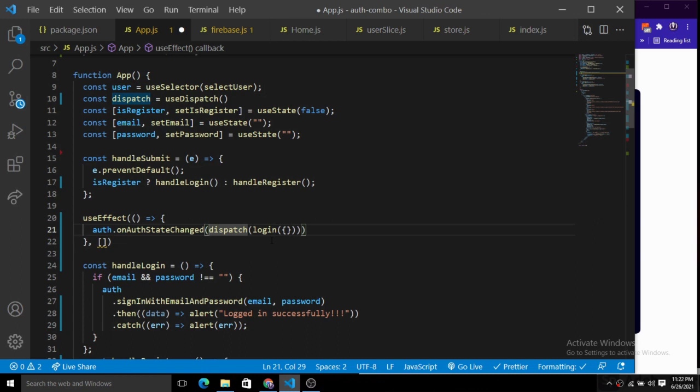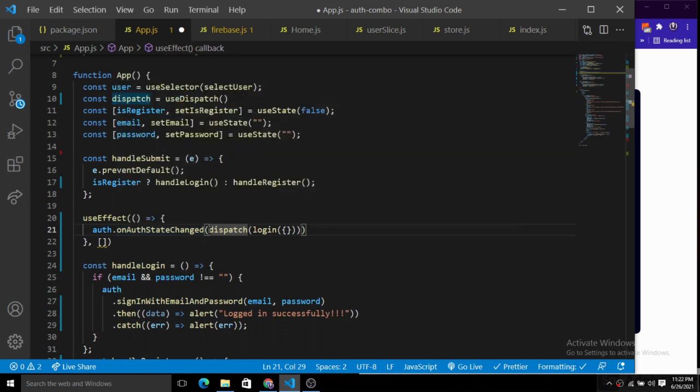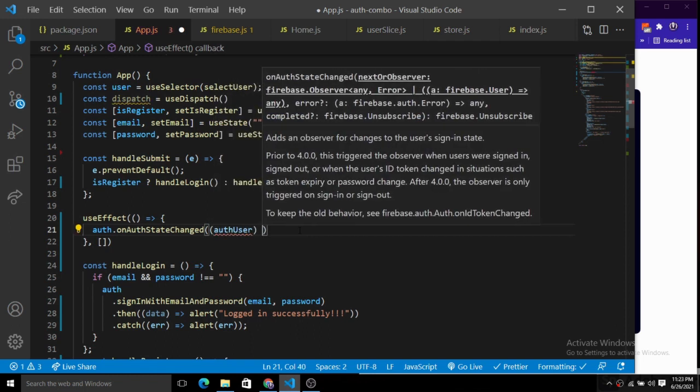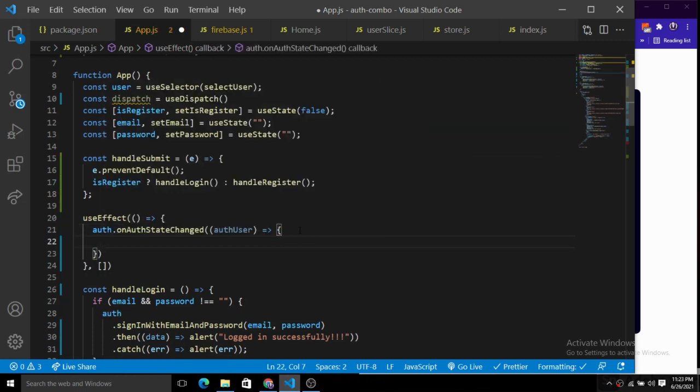What happens when we have a null user? It just goes back to a fallback state. To protect against that, we first create an auth user object like this, and we create a condition.